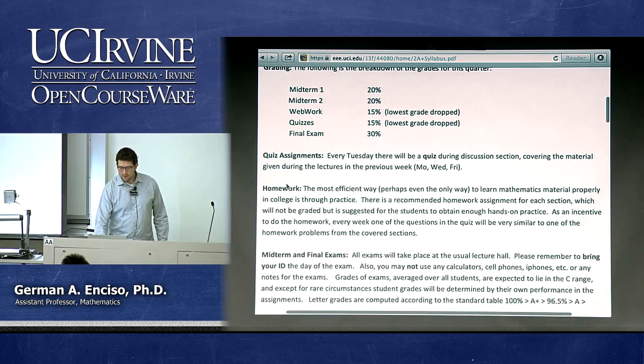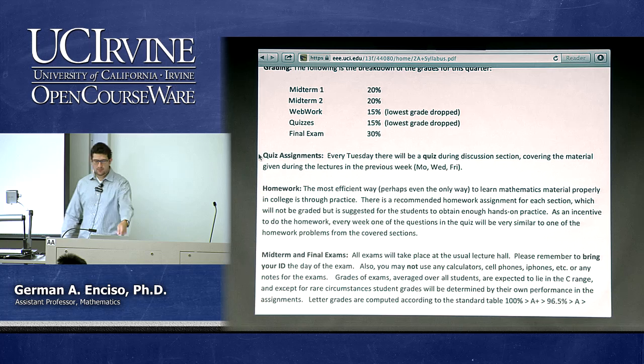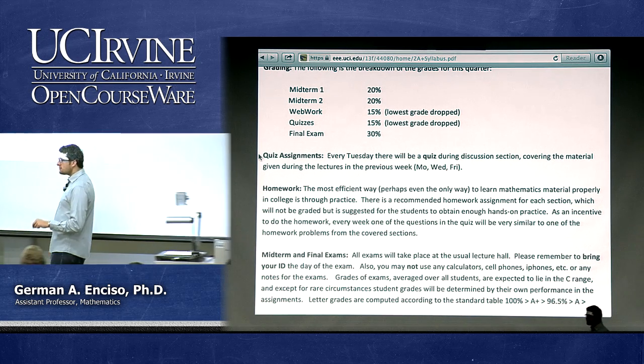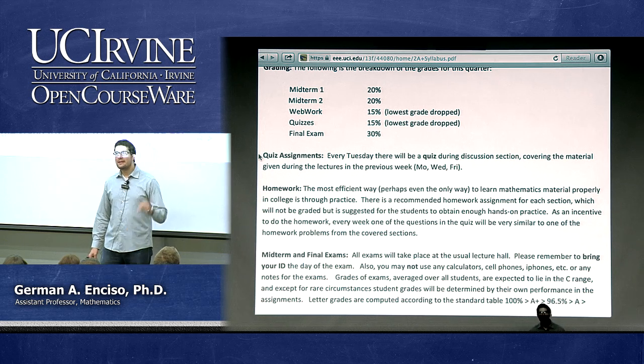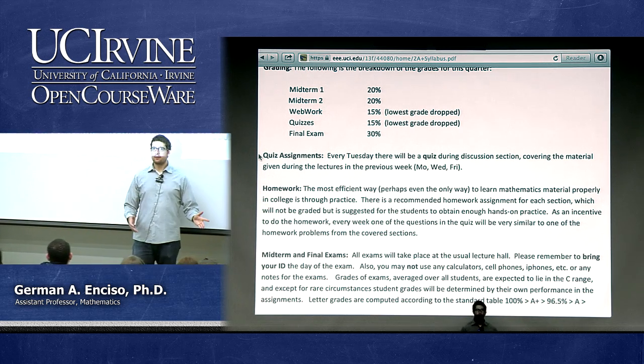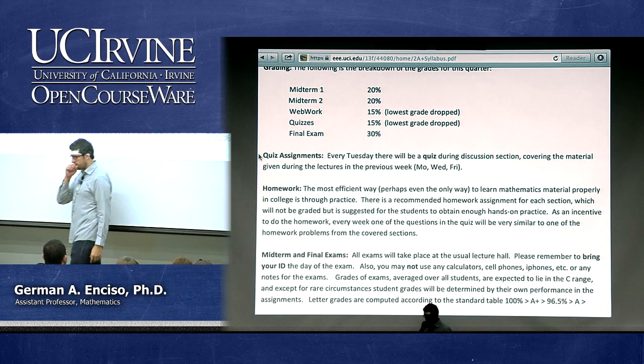So, quiz assignments. Oh, and this is the percentages, right? Quiz assignments. There's going to be a quiz every week on Tuesday, okay? And the quiz on Tuesday covers the material from the previous week. So, for example,